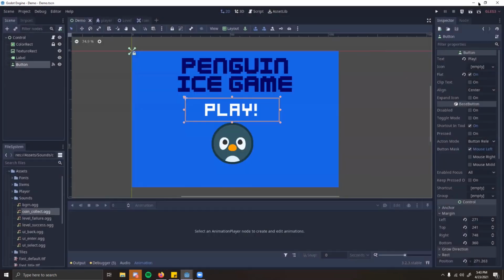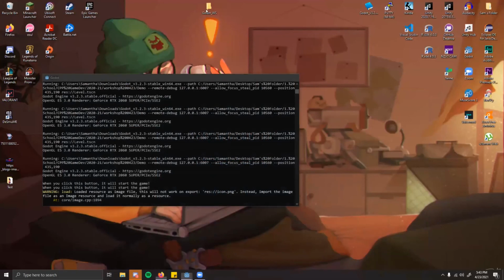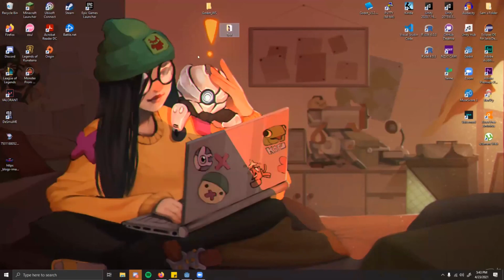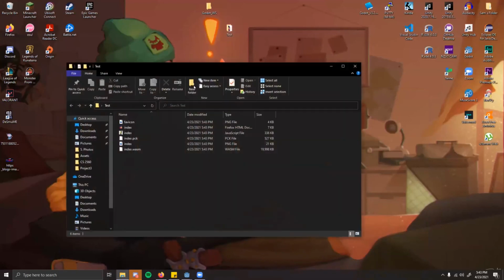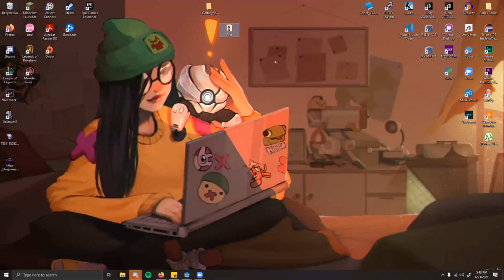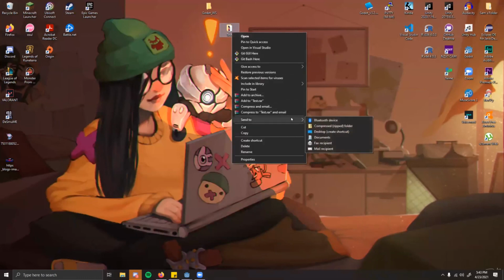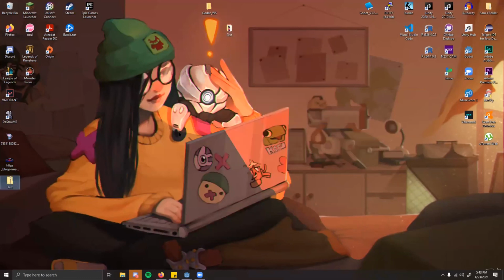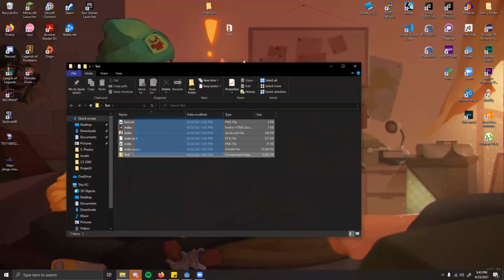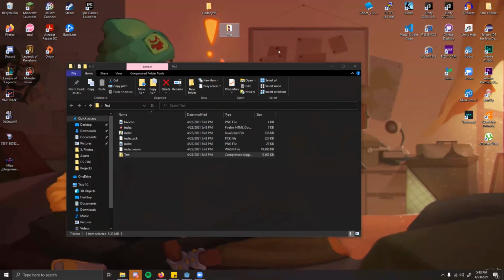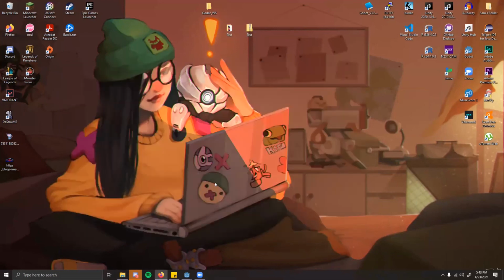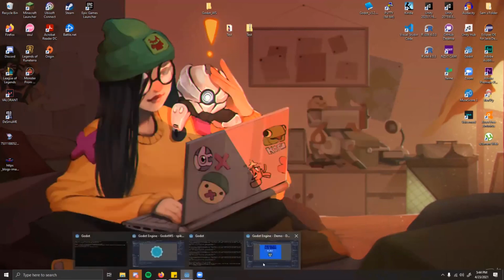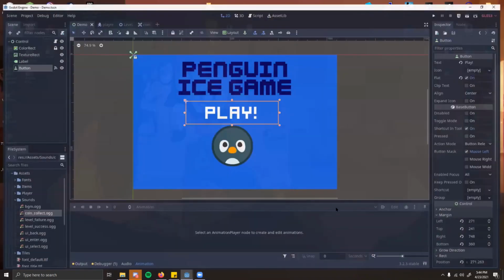So now if we exit out of here and we go to our tab right here, and then go to this test folder that I already have set up, all of our stuff is already in there. All you need to do after this is just send to and compress it. Once that's compressed, oops, I accidentally put it in here. Once that's compressed, you now have this zip folder that you would use to upload to itch. And again, I already went over all of this in the